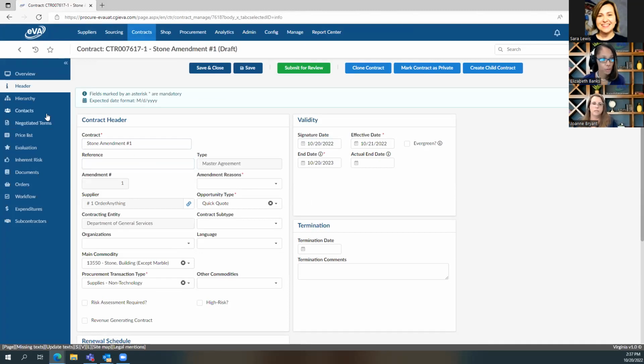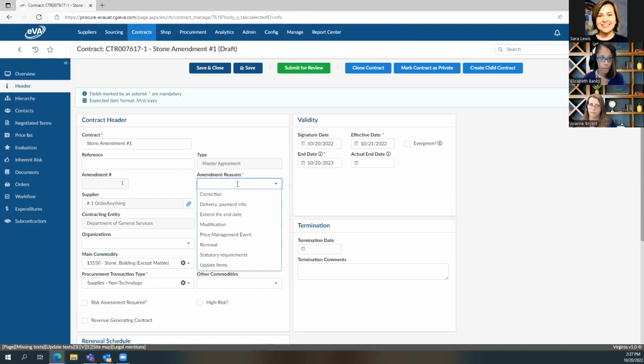And now we're going to go over to amendment reasons. The system automatically generates a number, so this is great for us old time, new contract officers. Now, which amendment was this? Can't remember which one it was. The system counts it for you already here. So Amendment 1, and remember, a red asterisk means required.